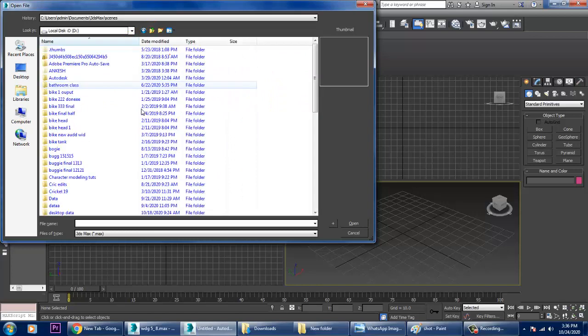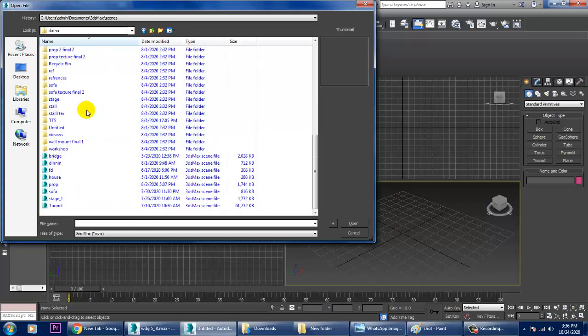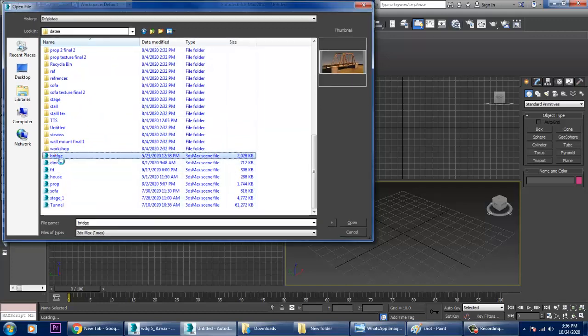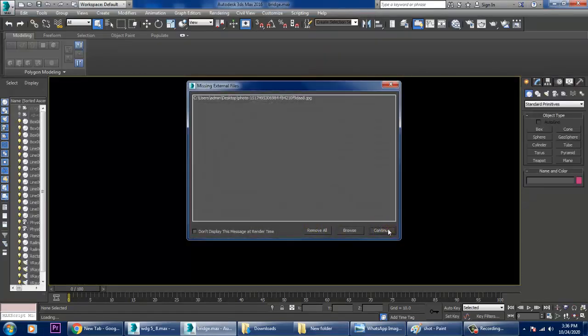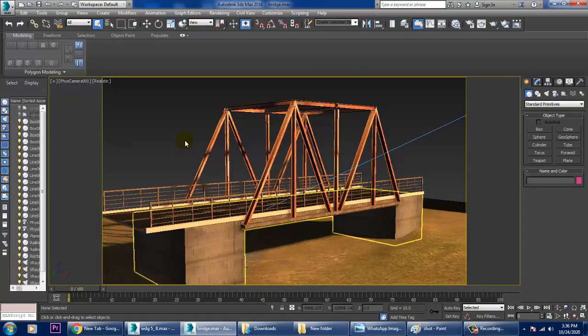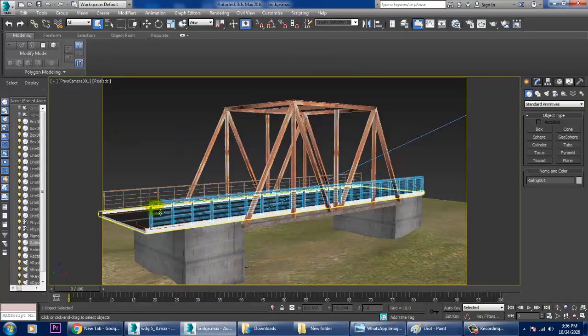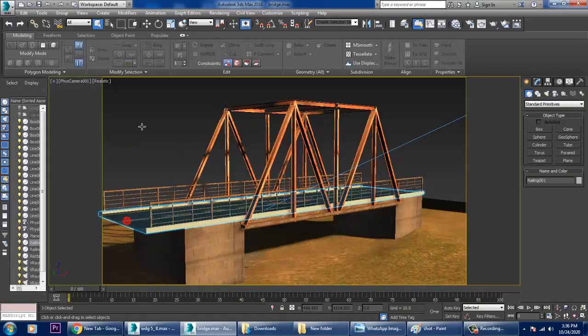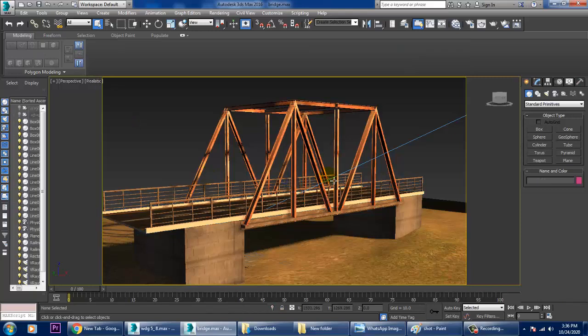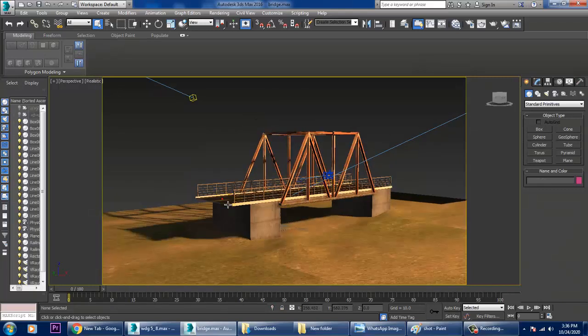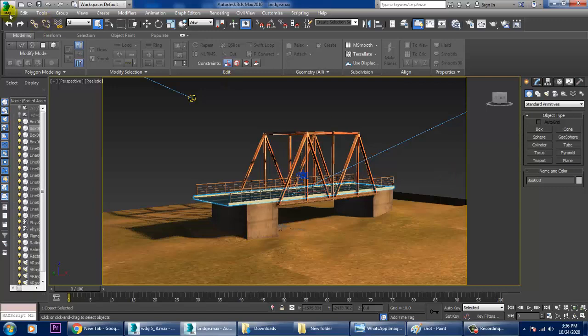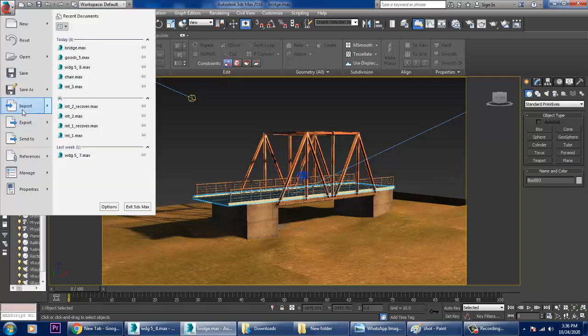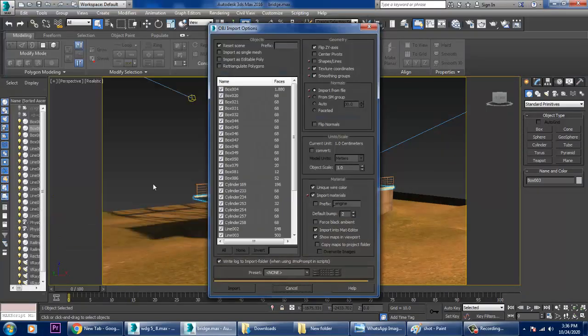Again into that data, and I have a file over here. You can use this bridge also. So you can go into this. Let's try to import this file over here.